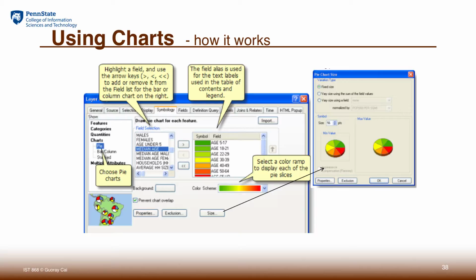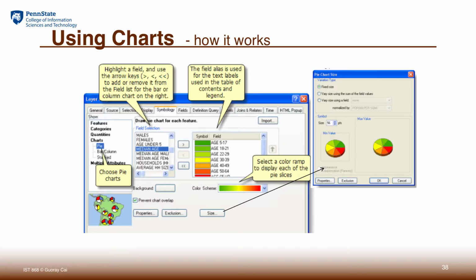Be sensitive to how many fields you want to put in. Don't put too many fields because it makes the pie charts harder to use. The other thing you want to be cautious about is the size of the pie, because depending on the scale of the map, you may or may not have enough space to show bigger pie charts.